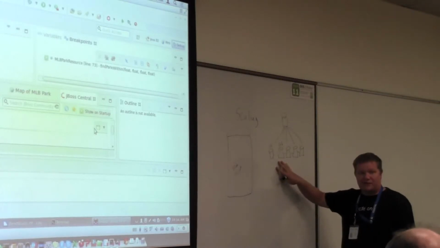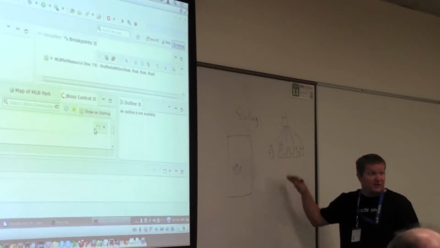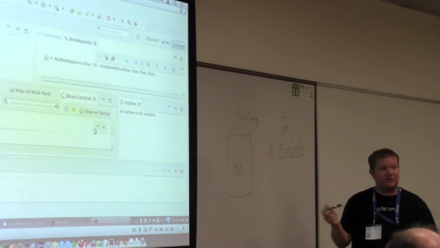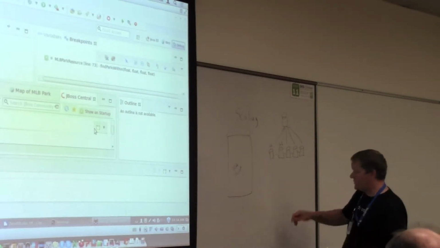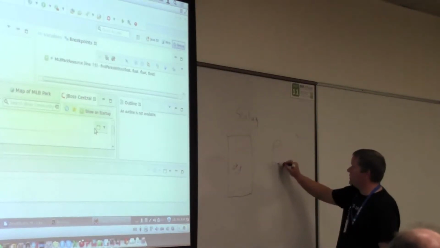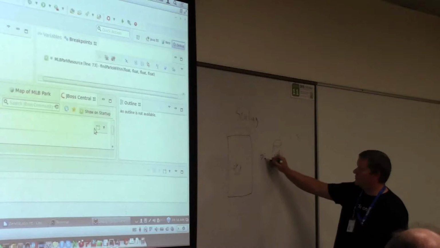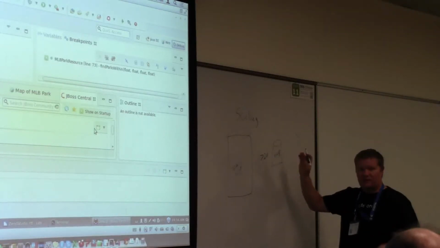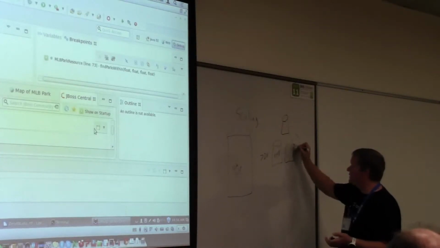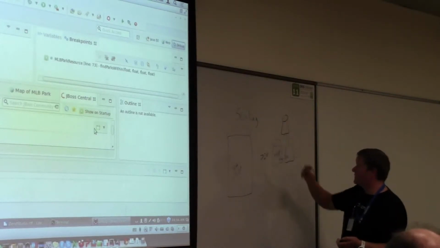OpenShift will automatically scale your application up based on the amount of HTTP traffic that your application is getting. By default, it's set to, if you have more than 20 concurrent HTTP requests to your application, what we do is you'll start with 1 gear, or 1 cartridge, we'll say, and this is a PHP app. When this gets more than 20 connections, we actually recognize this. We add a HA proxy load balancer, we create another gear, and then we rsync your code to this new gear. And then we add it into rotation and then start balancing.